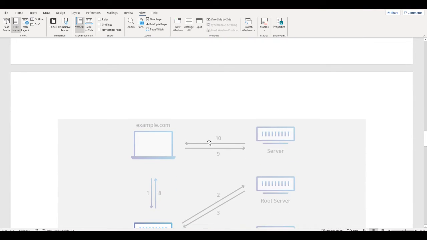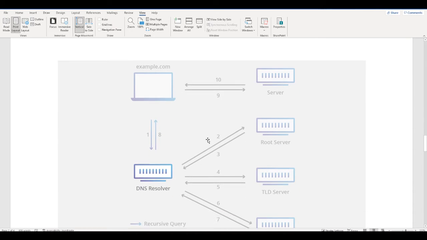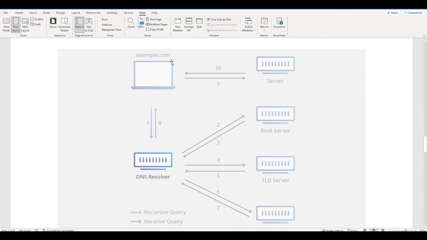Now we are going to see what exactly happens in the background when you type google.com. Here this is my machine. I am typing google.com, so it is going to contact the resolver. The resolver can be my router. It will check the router cache to see if it has the details about Google. If it doesn't find the details, it is going to contact my ISP DNS resolver.